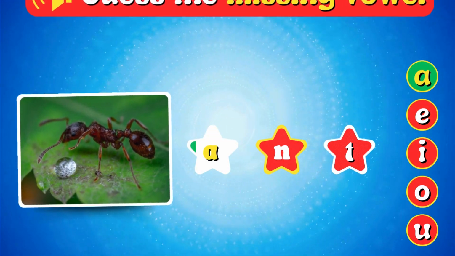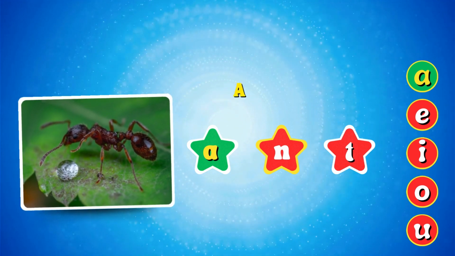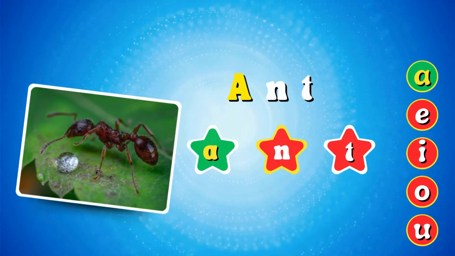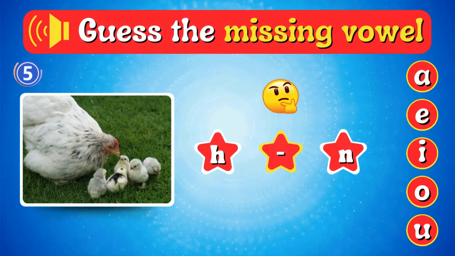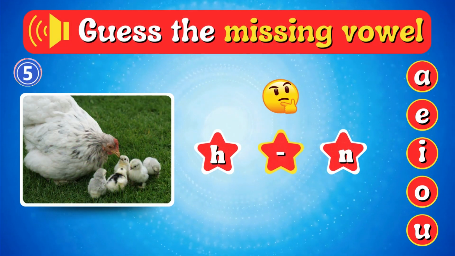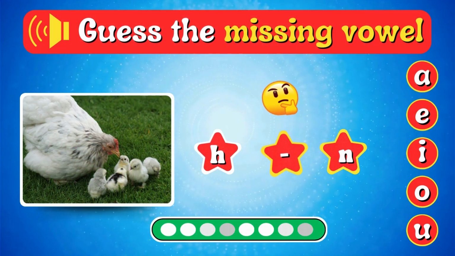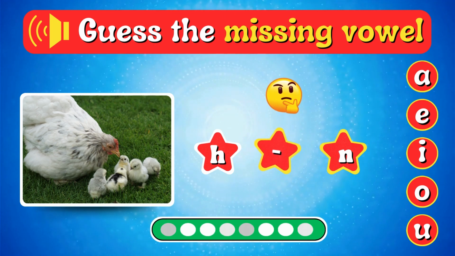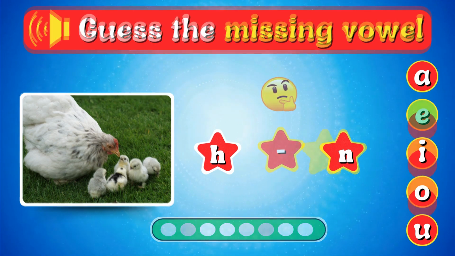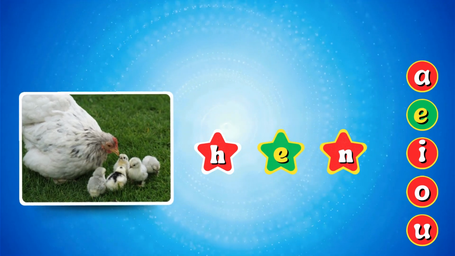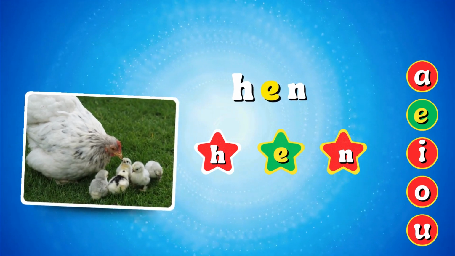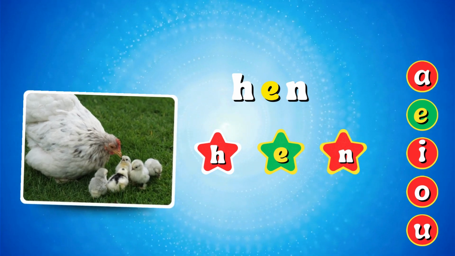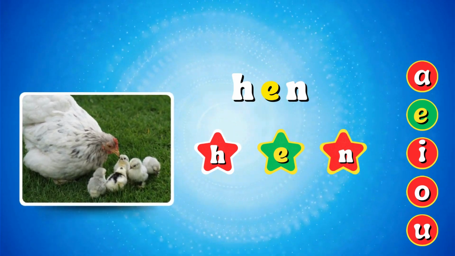It's A-N-T, ant. Next, guess the missing vowel. Yes, it's E. H-E-N, hen. Well done. Next,